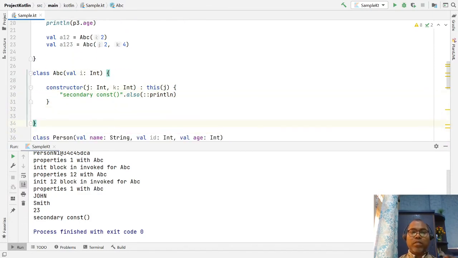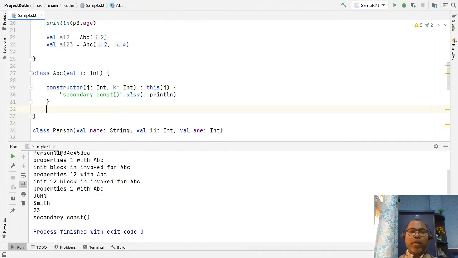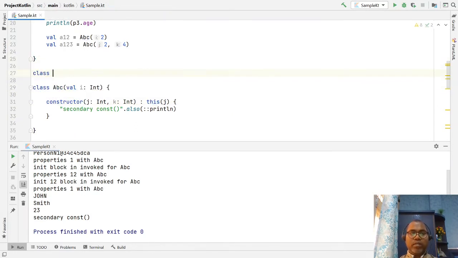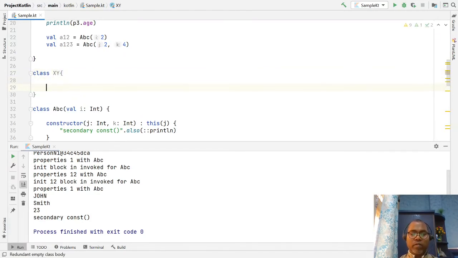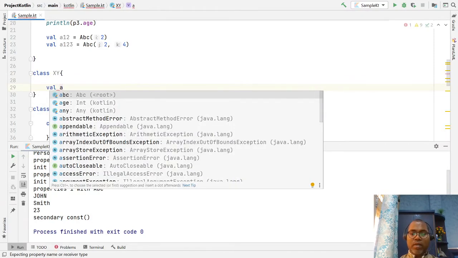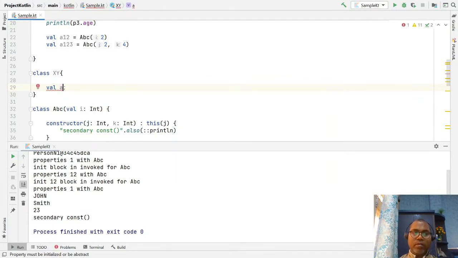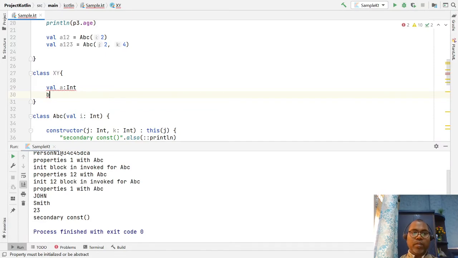The constructor chaining can be accessed with the keyword this. For example, a class XY, and let's say we have not defined any primary constructor. Let's define a variable a of int type, and another property b of int type.